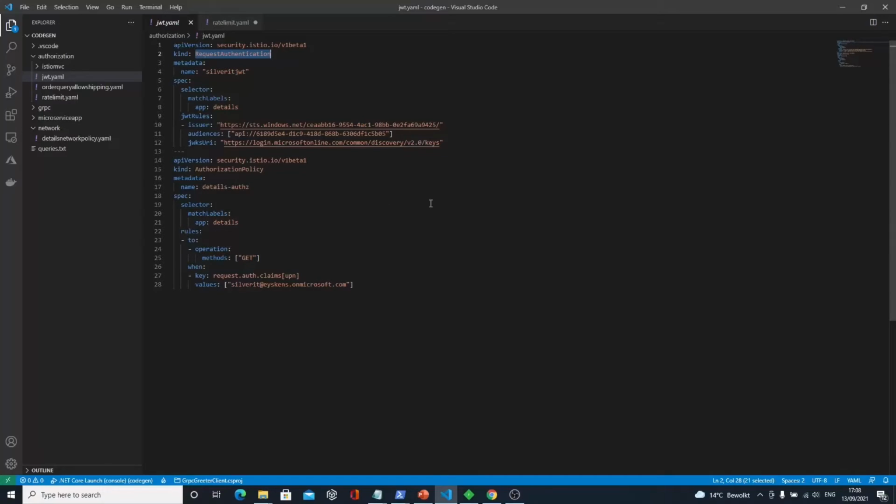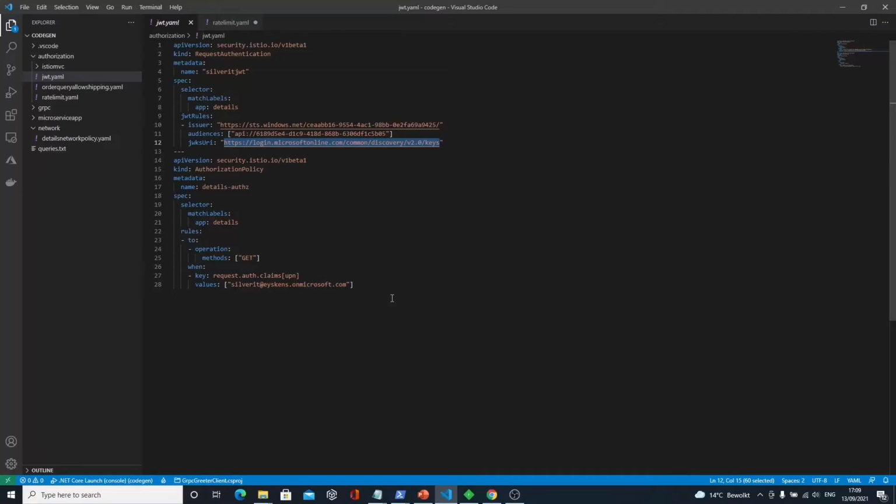In this case, I use my own tenant in Azure. So it's Azure AD, and I registered an app in Azure AD with this API identifier. And I just provide Istio with the keys, so it can find where to download the keys from the IDP, because of course the tokens are signed by the IDP. That allows Istio to read and inspect the tokens.